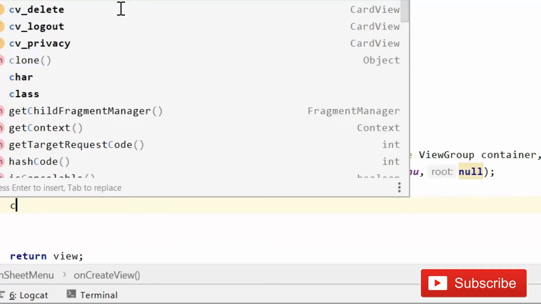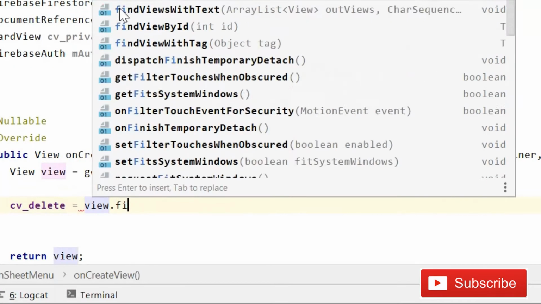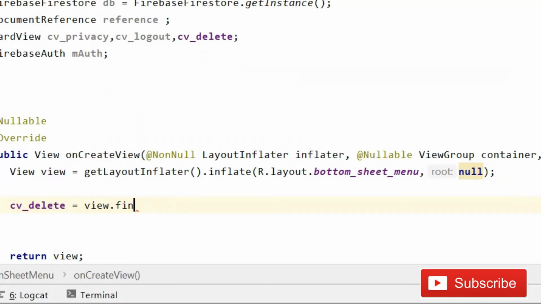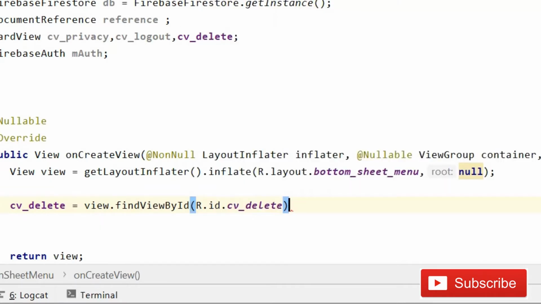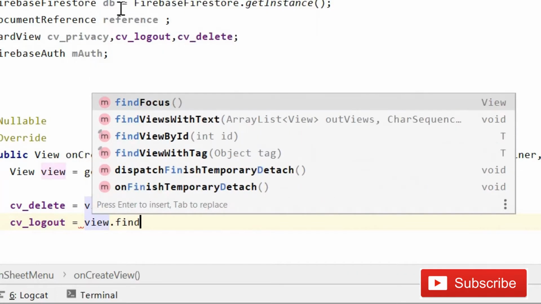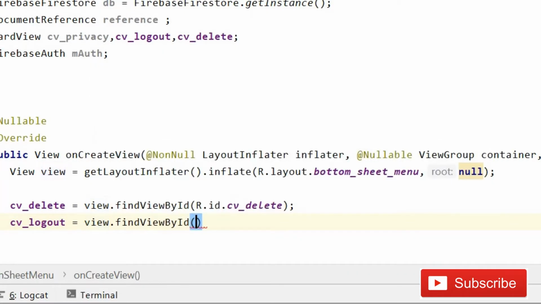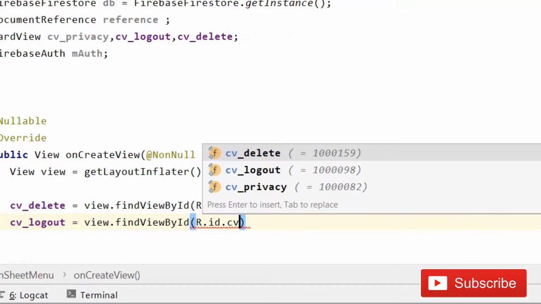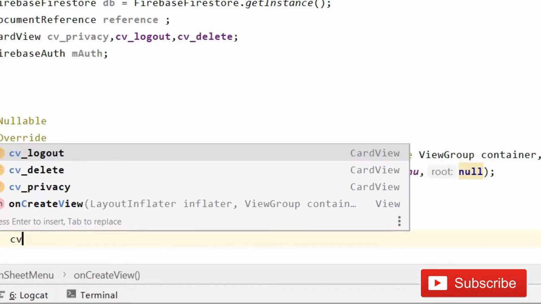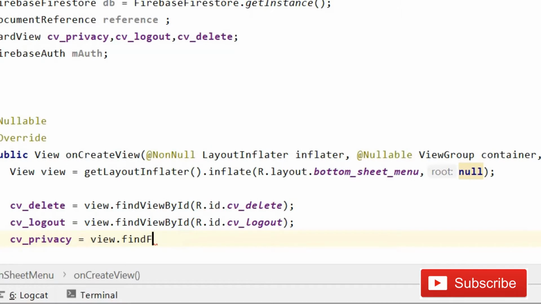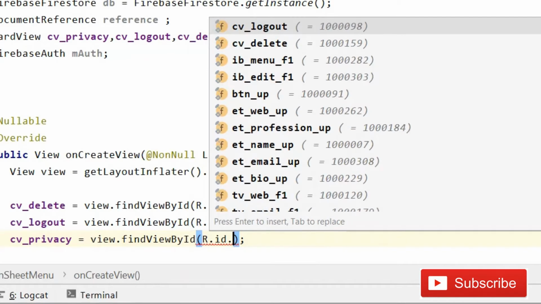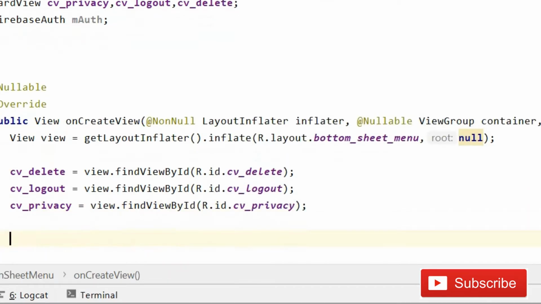So simply write cvDelete equals view.findViewById(R.id.cv_delete); then cvLogout equals view.findViewById(R.id.cv_logout); then cvPrivacy equals again view.findViewById(R.id.cv_privacy). Fine guys, so now we have given the reference.